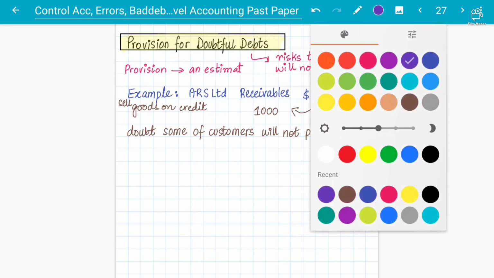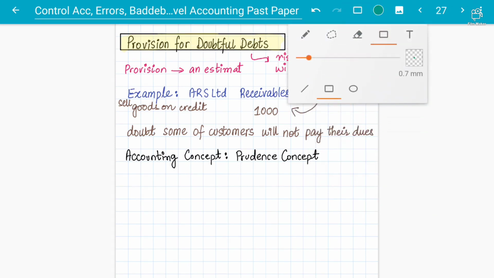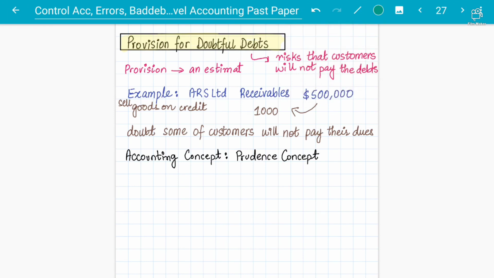Now coming to the main understanding: this is linked with the accounting concept of prudence. So we are learning the prudence concept here. The prudence concept states that if you have unanticipated losses, if you are thinking that some loss will occur, you give an estimate for that and you record it. Prudence is based on the idea that if you have an actual transaction, an actual record, then there's no problem. But there are some anticipated transactions.